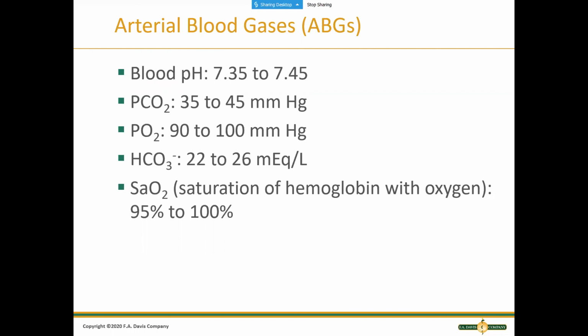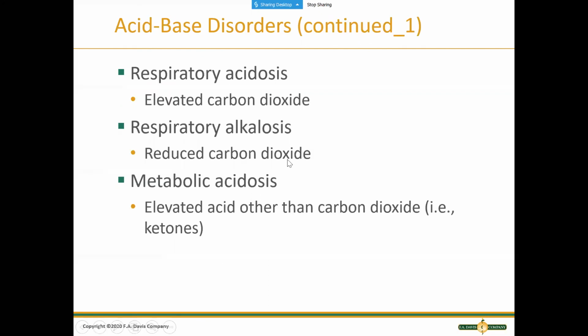With the respiratory acidosis, CO2 is high because it's an acid, so that makes the blood pH get low. The question here in Lincoln is, what's a good preventative measure for that? Her CO2 gets too high, she becomes unresponsive, she lands in the ER. That's the $1 million question, and that's exactly what we spent our whole time in clinicals dealing with, because the antidote,